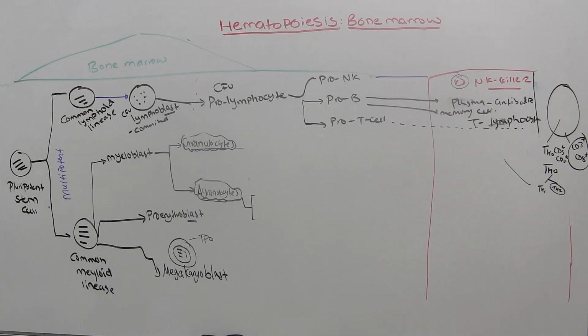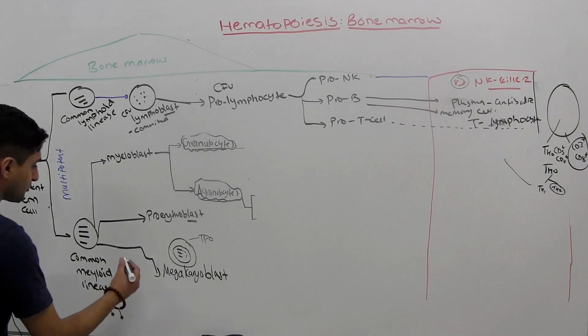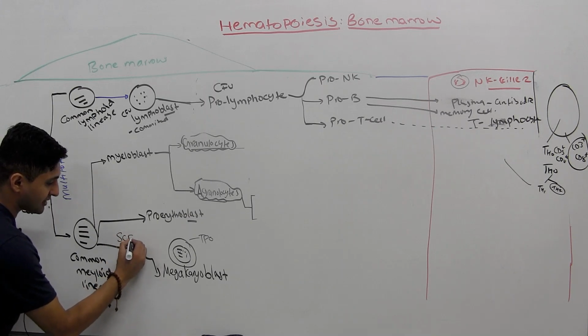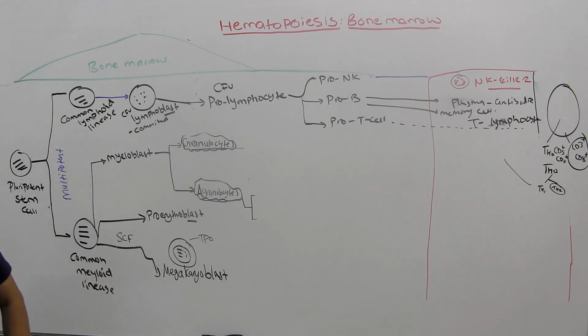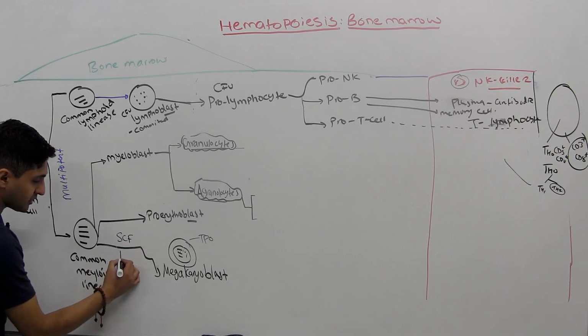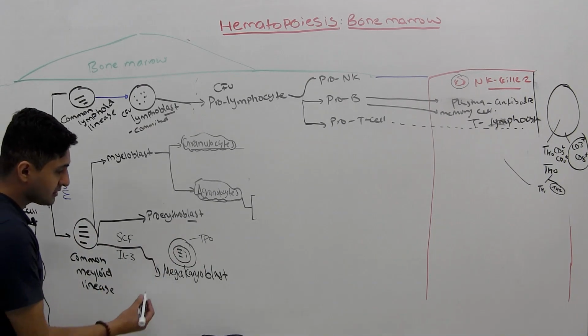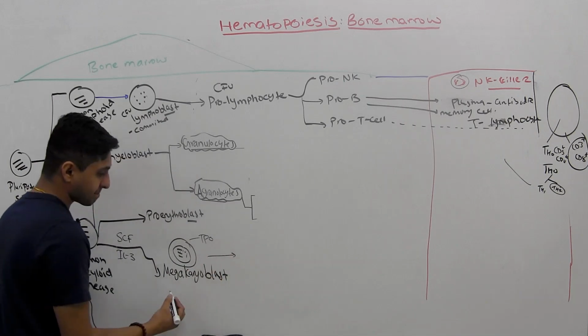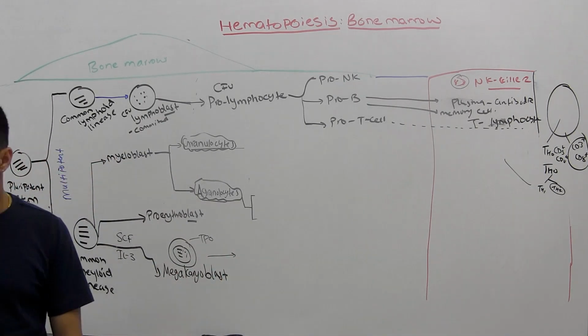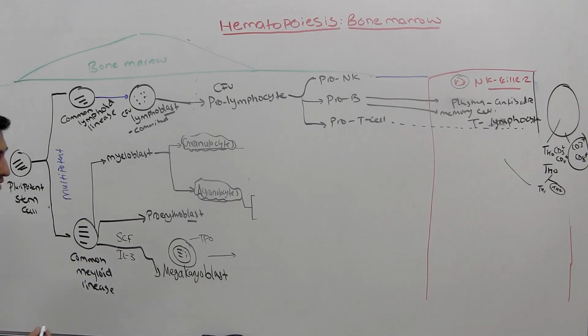And then obviously there are going to be some very important growth factors, right? For example, you have thrombopoietin, you have SCF, a stem cell factor. Obviously you're going to have, what is this? Interleukin number 3. These are the growth factors, right? And also thrombopoietin, right? This will get converted into something called